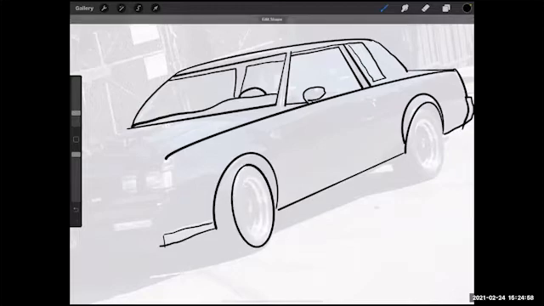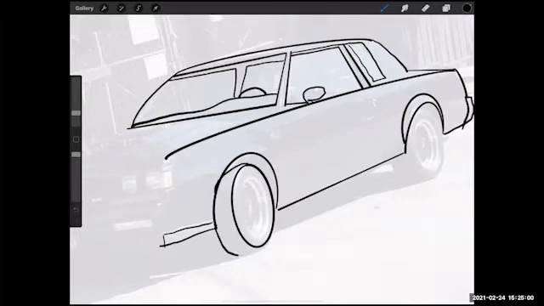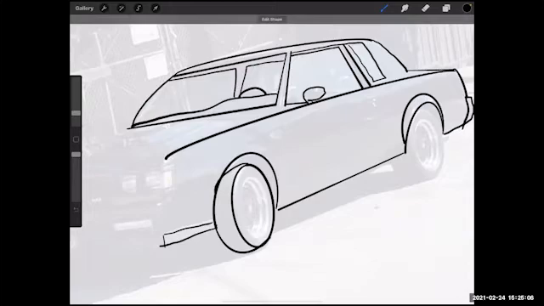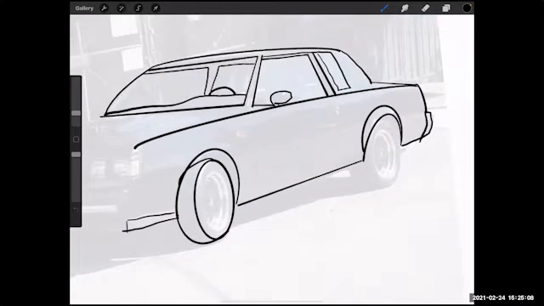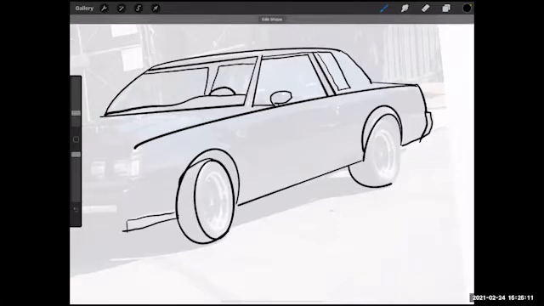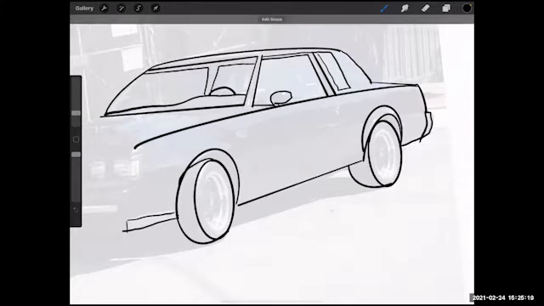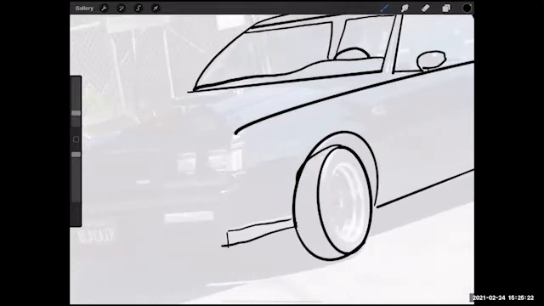So we have our tires, and I'm keeping the lines pretty loose. You don't really have to be too detailed, especially if you're getting into cartoons and animation production, unless you're doing like 3D animation with the rigs and things like that. I kind of like to keep most of my animation illustrations more on the simple side,